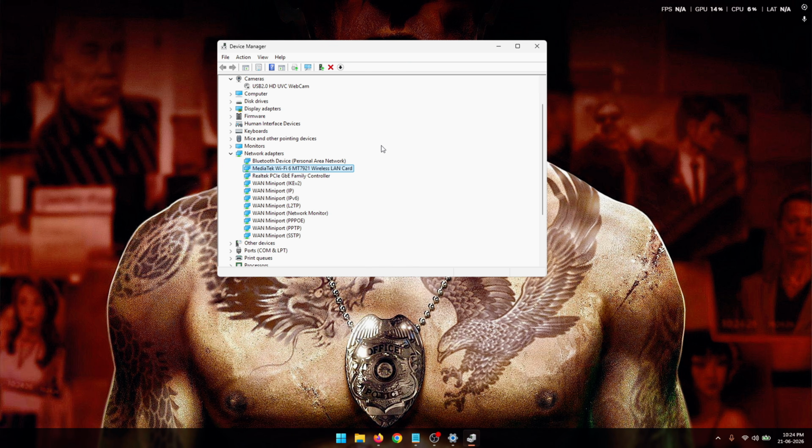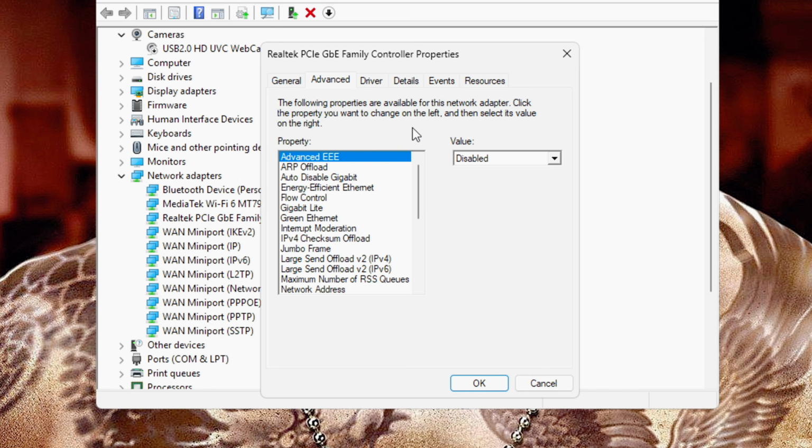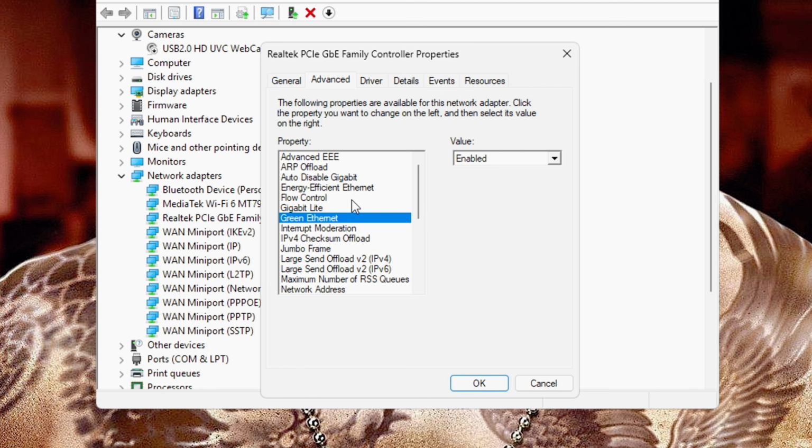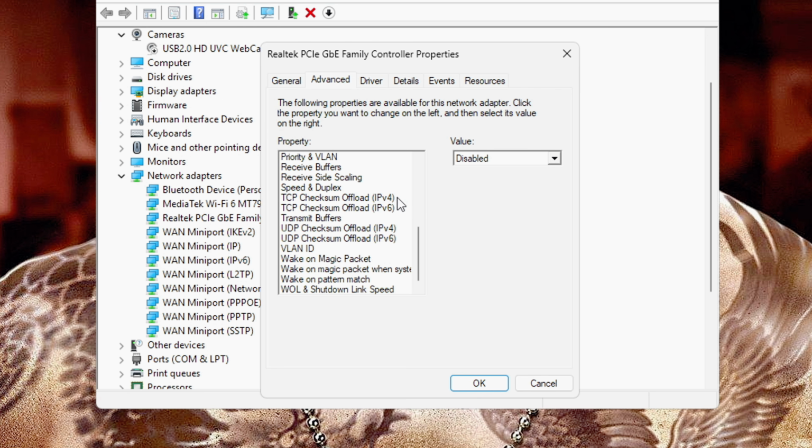If you're using Ethernet, double click on your Ethernet adapter, press Advanced, and once again disable all of the power saving settings that are available. A list of all of the power saving settings under Ethernet are going to be on your screen. Disable all of these settings. Also disable flow control, interrupt moderation, large send offload, TCP checksum offload for IPv4, and the UDP checksum offload for